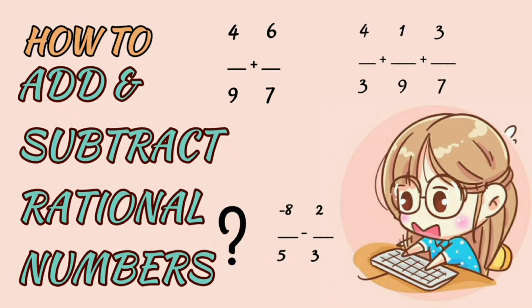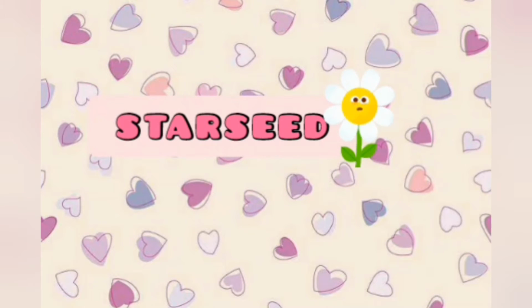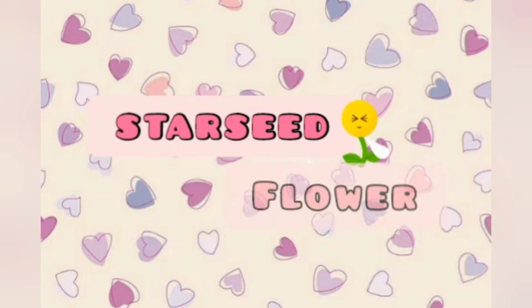In this video, we will learn the addition and subtraction of rational numbers. First, we see what rational numbers are. It is a fraction of integers. It is a ratio of positive or negative integers, but it cannot be zero in the denominator or numerator. This is the difference between fractions and rational numbers.